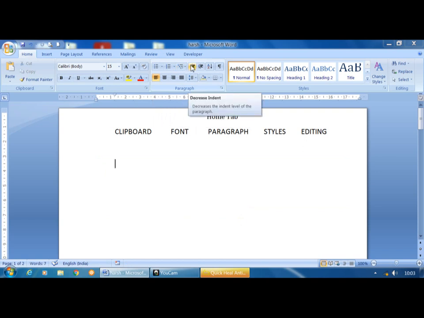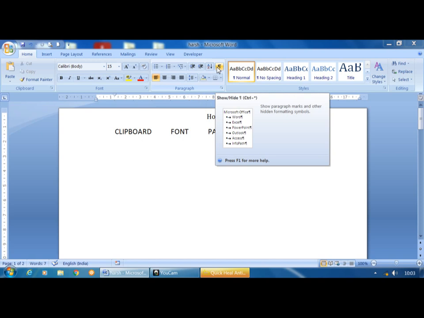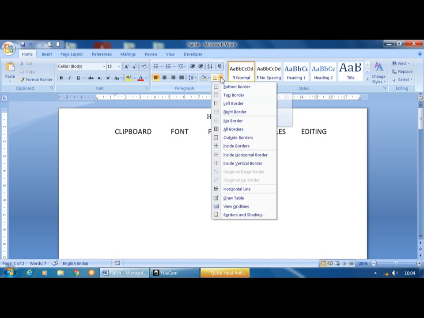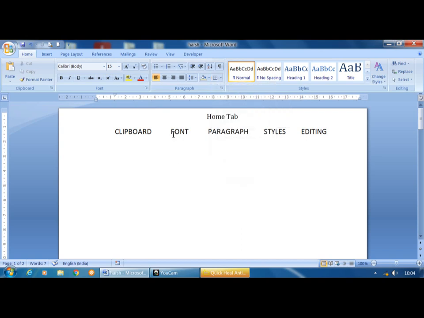Next one is decrease indent, next one is increase indent, then this one is sort, then this one is show or hide. Then again four alignments are there: left, center, right and justify. Next one is line spacing, next one is shading, and last one is bottom border. It is nothing but to apply borders for the text.